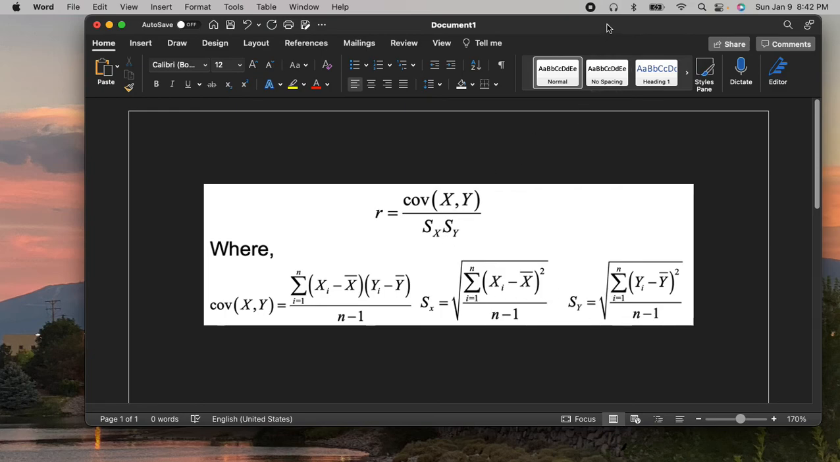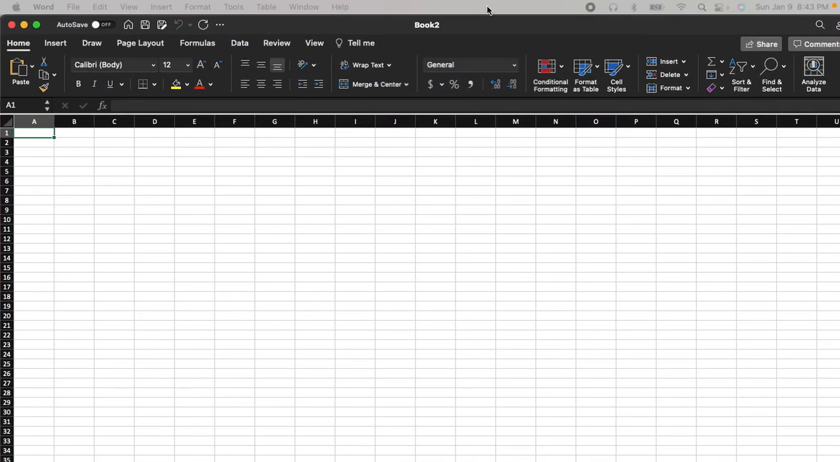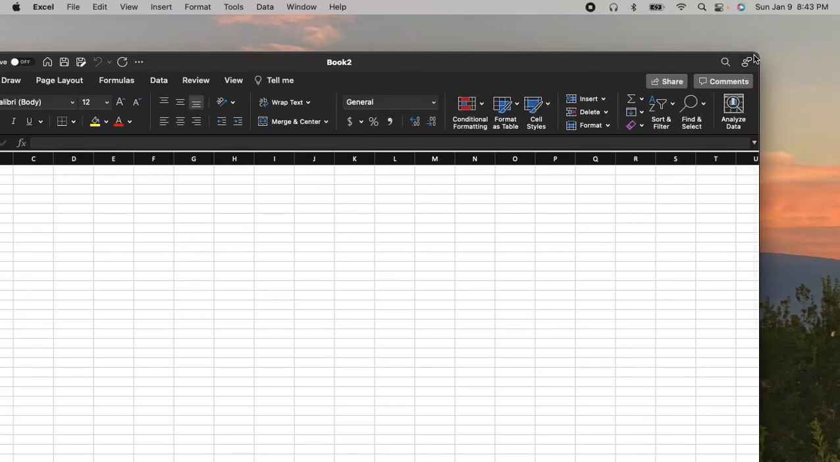All right, so let's move this around, and what we're going to do is open a new Excel document. We're going to use Excel for this. Okay, I do have my Excel here. So let's assume that